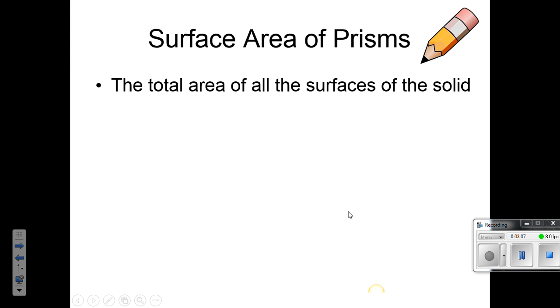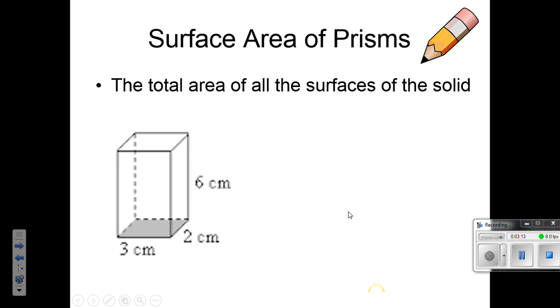Now let's find the surface area of prisms. The surface area of prisms is the total area of all the surfaces of the sides of the solid. So if I have this solid, this would be a rectangular prism because the base down here is a rectangle. This side and this side are congruent, this side and this side are congruent. So if I took the total area of all the sides or surfaces,